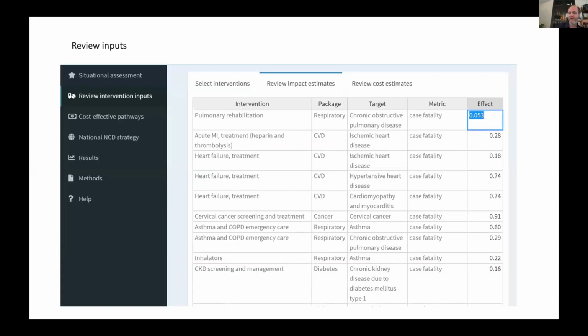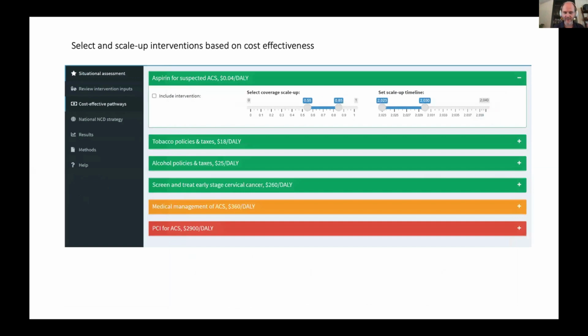So this is just a picture of what the user interface might look like. This is a mock-up from a simple NCD test case where you can use the bar to the left to select, from top to bottom, various parts of things. So if you, for example, want to select some interventions and then change numbers on the assumed impact of interventions on particular diseases, you could do that. You could review the costs that were used for the tool as well. And then that customization allows you to create your own custom estimates of cost effectiveness,